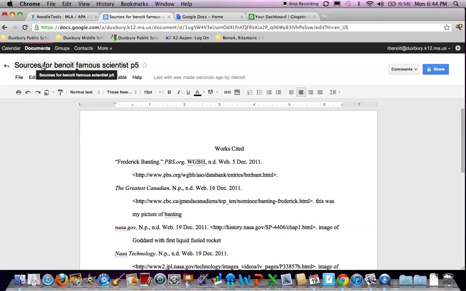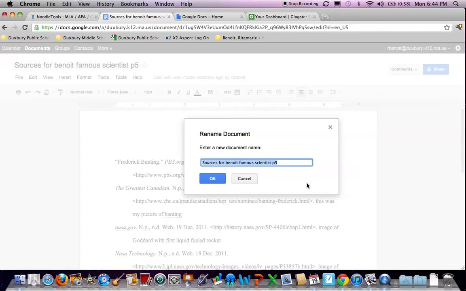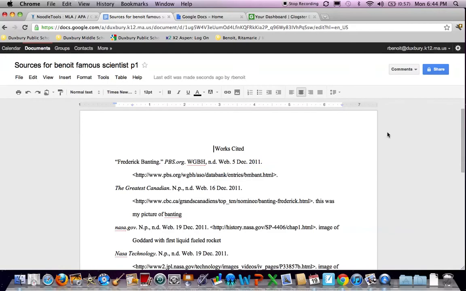Make sure that the name of the file has your last name in it and your period number at the very least. So you can change this if you don't feel like it's accurate. So you might need to change the period number, or your name needs to be added to it, or what have you. And then you have to come up here in the top right corner to the Share button, and